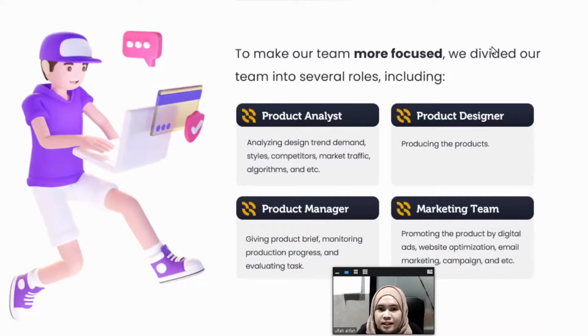And the second, in my agency, there are product designers. Of course, their responsibility is to produce more and more of the product. Yeah, making the presentation templates